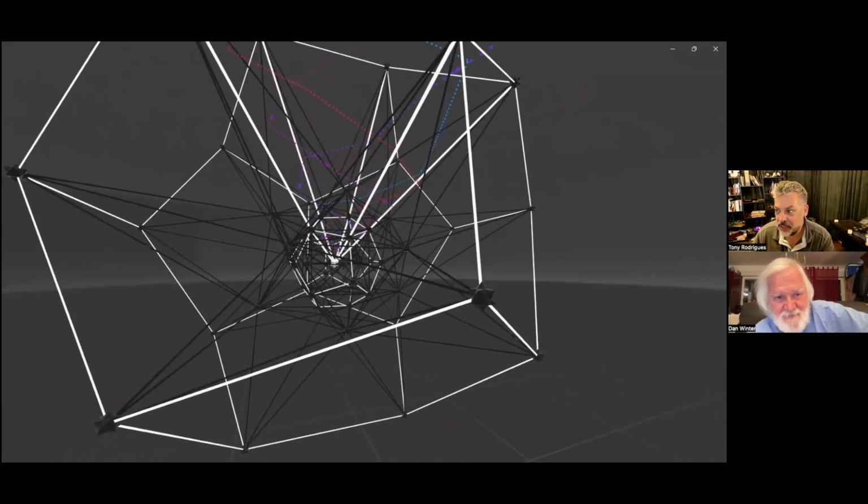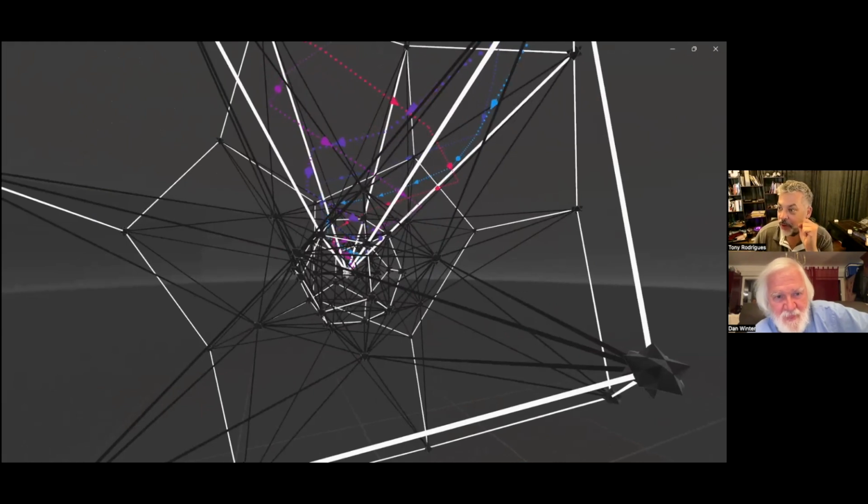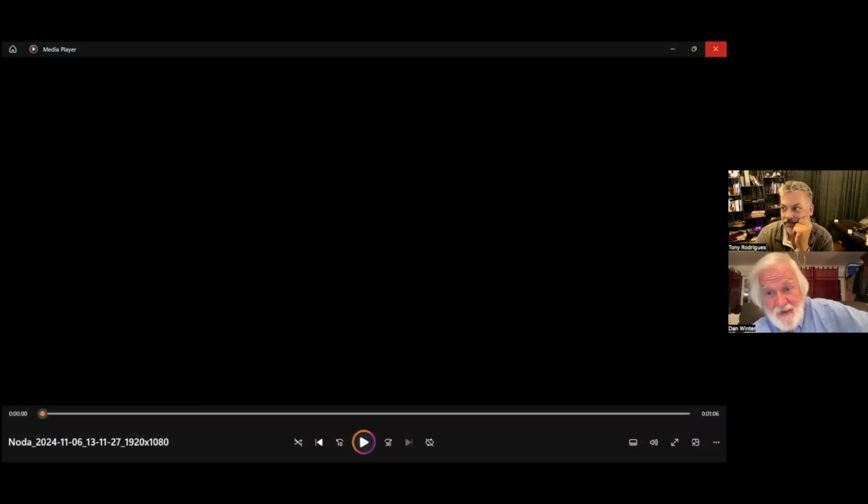Exactly. These transverse waves, because they can only fit through an aperture at the Planck distance, get squirted into a longitudinal wave. Exactly. That's right. And then they can go superluminal and they can embed in the array. That's exactly what we're saying. It's so fabulous that Tony built that in 3D. I am eternally grateful to you, Tony. I never understood it.